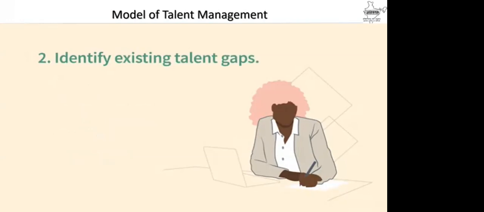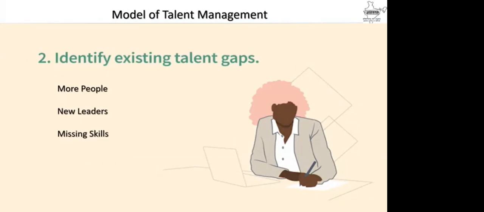So you look at all of those, and then you say, okay, now I may have some of it in-house, and some of it may not be in-house. So the next step obviously is to look at what the talent gaps are. To plug those gaps, should I get more people? Should I get new people? These are questions that